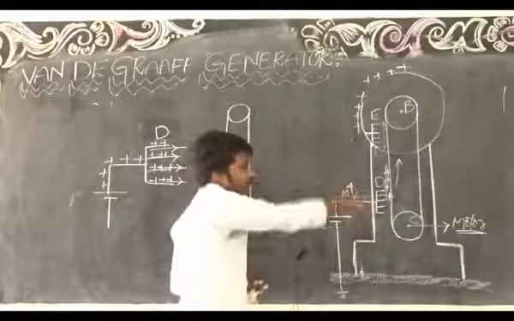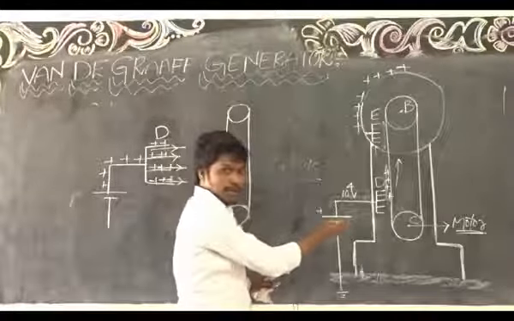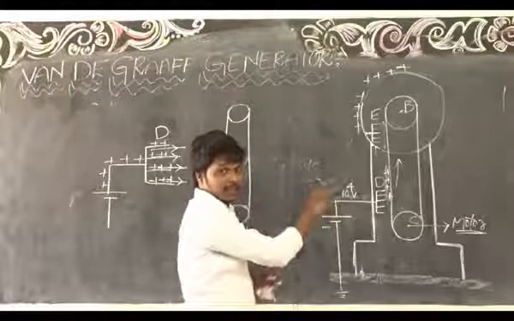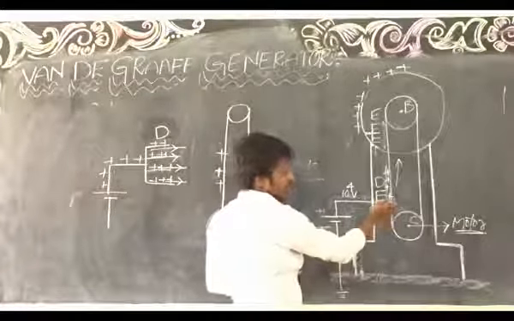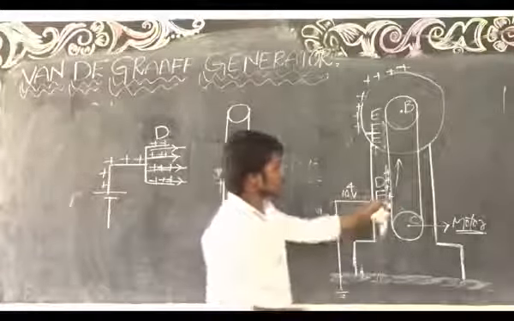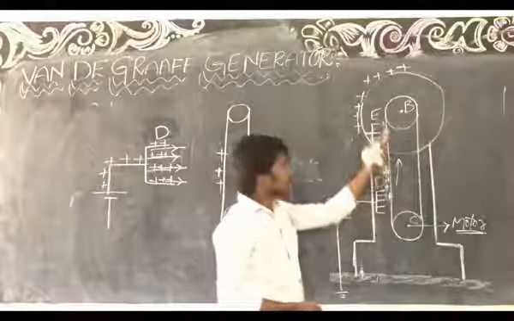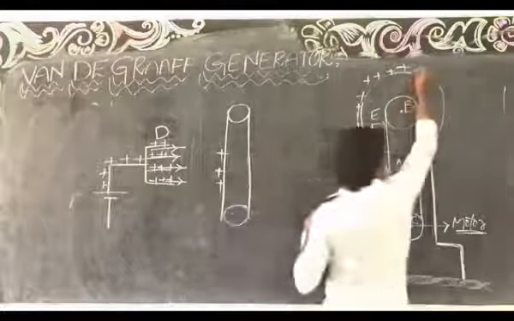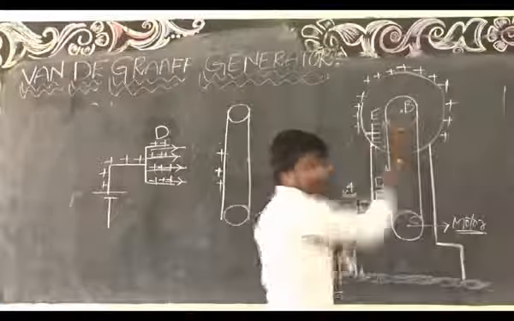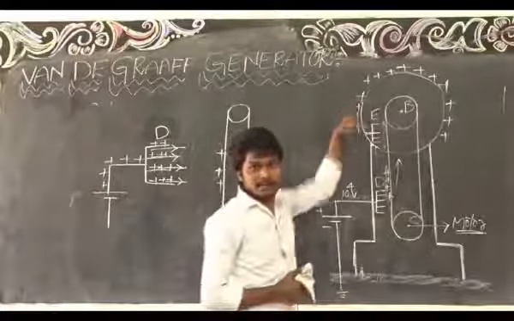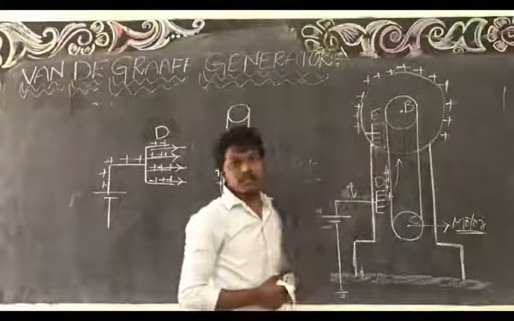The belt is rotating continuously. This conductor has more charge, so it will create more electric field. So it is continuously ionizing the air between the belt and the conductor. Ionizing the air means positive charges will continuously stick to the belt. Those positive charges move towards the conductor E. It attracts them, and again sends them to this side of the sphere. Like that, the total sphere will be filled with positive charges. The outer surface of the sphere is filled with positive charges.